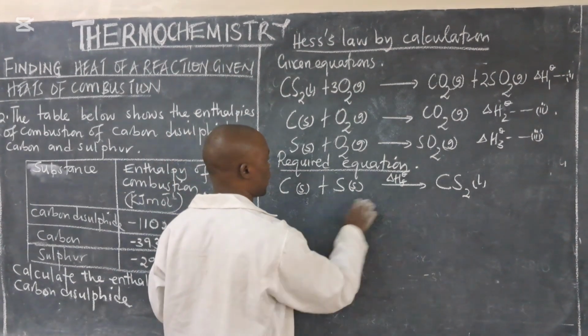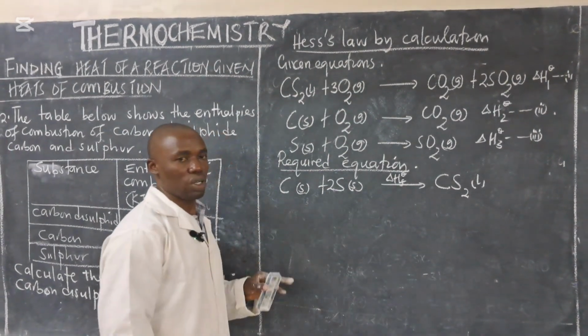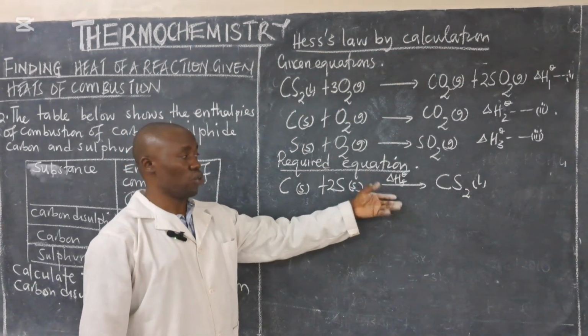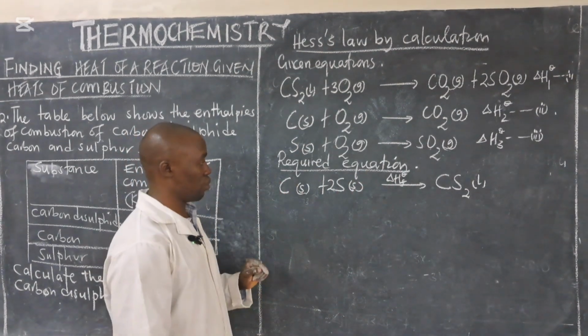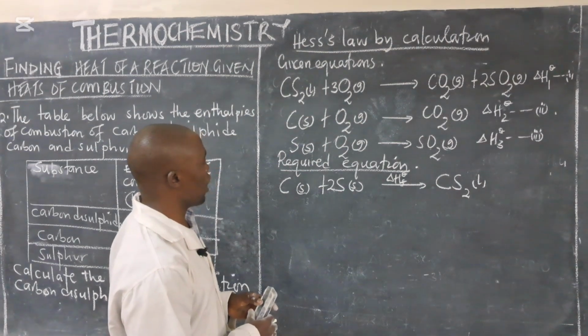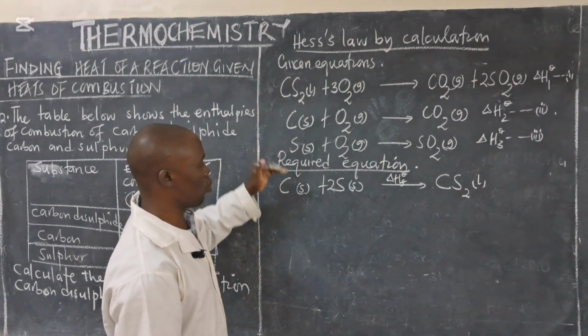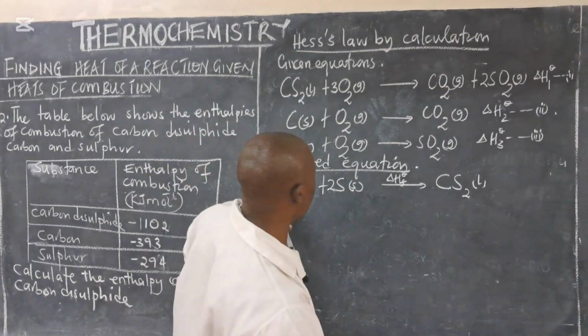We can't balance this way, balance this way with the 2. It can be a hydrogenation reaction. So you write according to the question. Now let us try to manipulate these equations to look like this one here. So you can observe